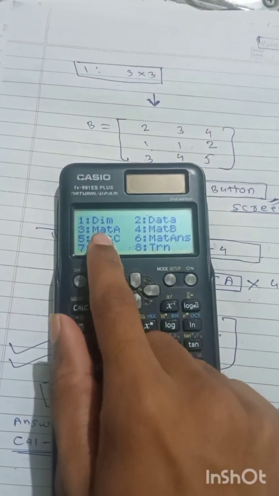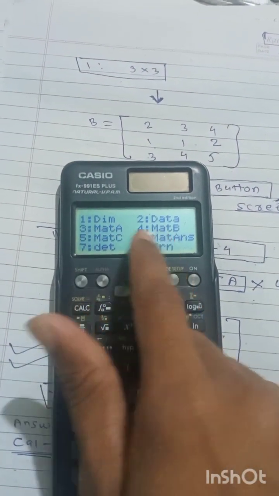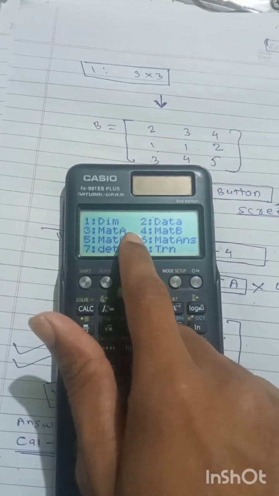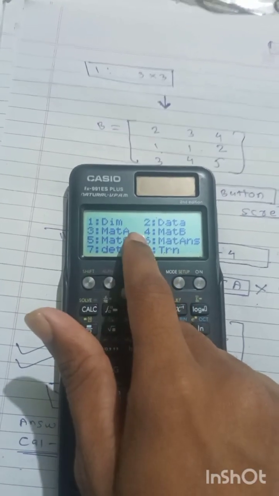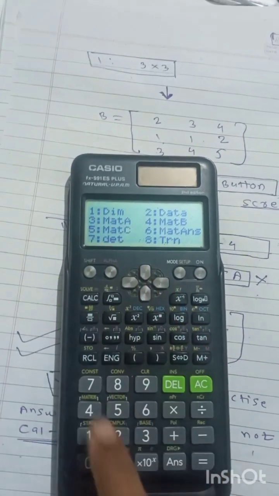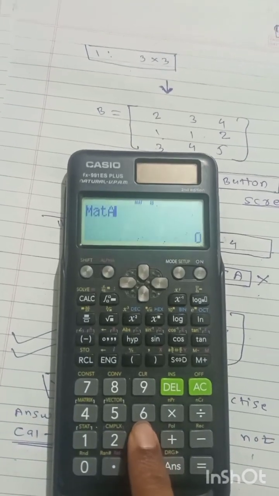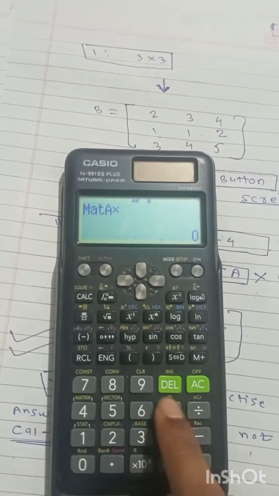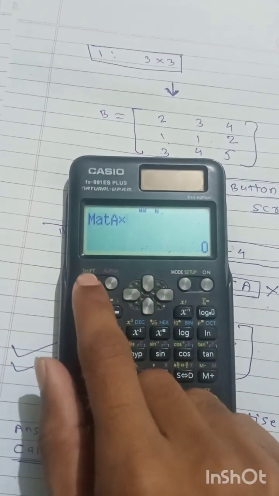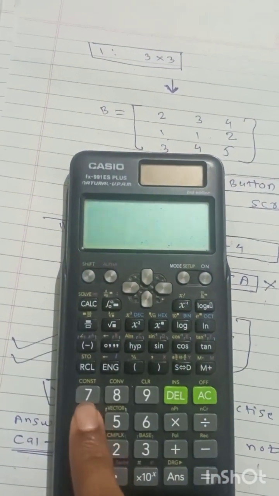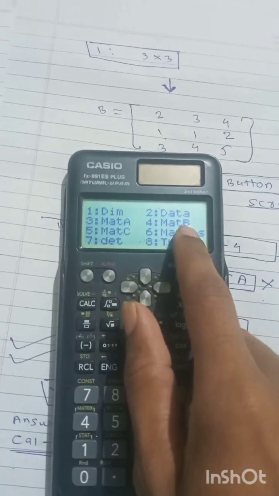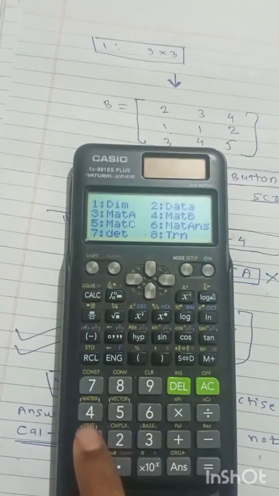We get the options matrix A, matrix B, matrix C. So the value of A matrix is stored in matrix A, that is press 3. After the multiplication sign, again press shift 4, then the value of B is stored in matrix B, then press 4,